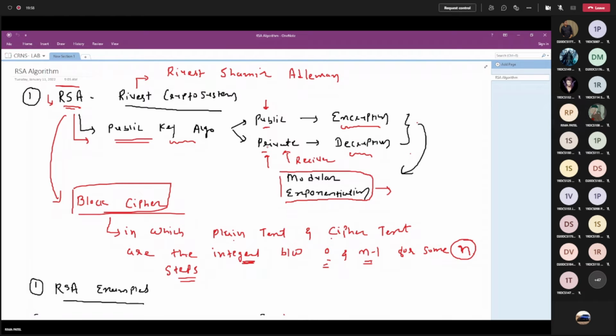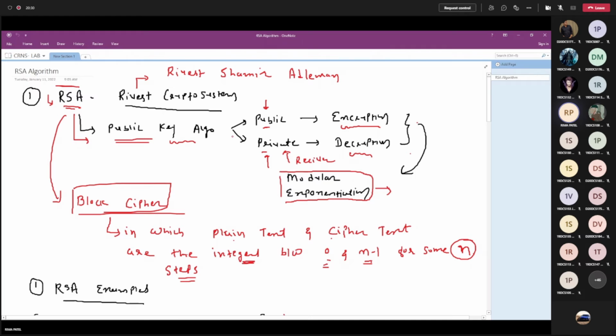So already we are done with all the mathematical concepts which are required. As and when the algorithm changes, if some new concept needs to be learned, I'm going to teach you. But for now, for RSA, whatever is required, we have covered all the mathematical concepts. Now you just need to understand the steps of the algorithm. I'll give you the values, you just need to put them in and solve it.